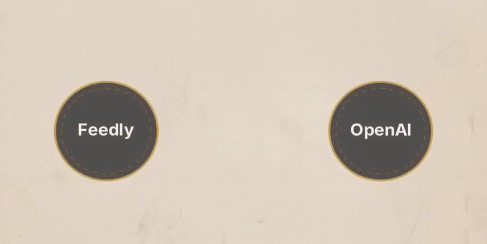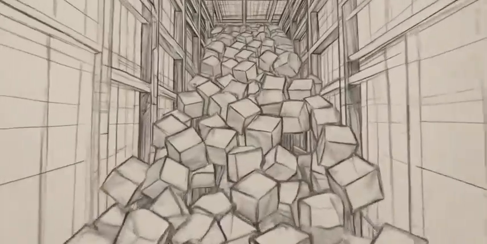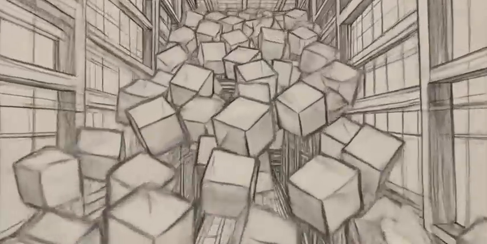To route that data automatically, we use Make.com. This software acts as a bridge, allowing these separate applications to communicate without requiring any code. Inside Make.com, you set a simple trigger. The moment Feedly captures a new piece of content, it instantly forwards that data packet over to OpenAI. This automated data pull ensures you have a constant stream of raw information without having to manually search for new